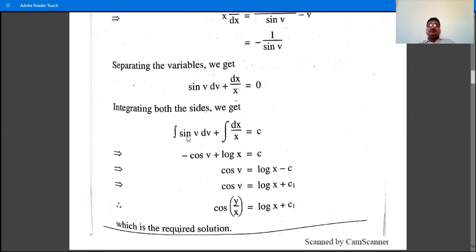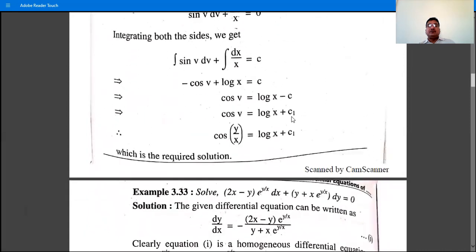Then integrating. So we have integration of sin v dv plus integration of 1 by x dx is equal to c, the constant of integration. The integration of sin v is minus cos v, because the integration of sin x is minus cos x. So the integration of sin v is minus cos v, plus log x, because the integration of 1 by x is log x, is equal to the constant of integration, and therefore cos v is equal to,